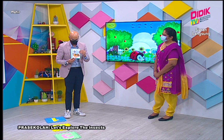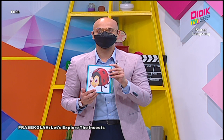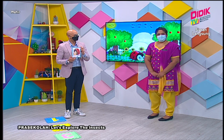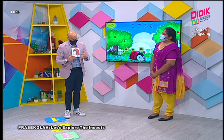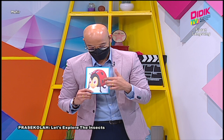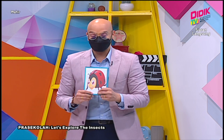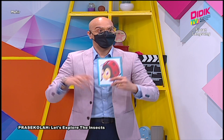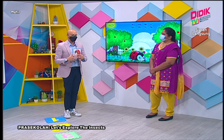And I think we have one more. It's a ladybird. Ladybirds are so cute. I really like that it has a red abdomen with black spots. Yes, a red abdomen with black spots. Okay, so before we end our exploration or lesson today, maybe teacher, you could also give us a